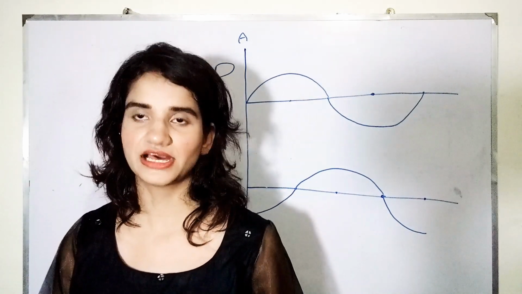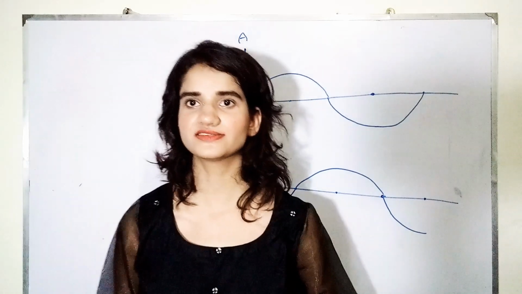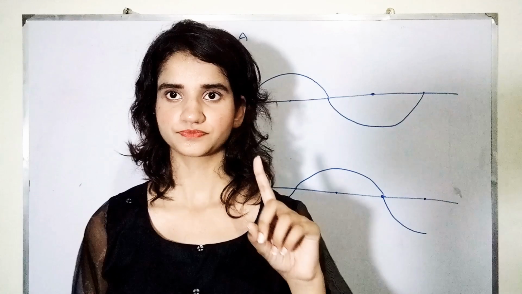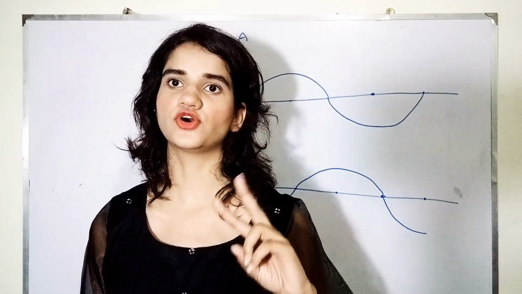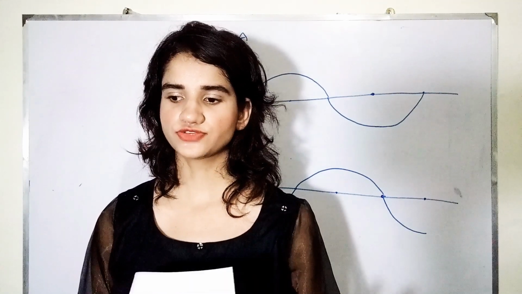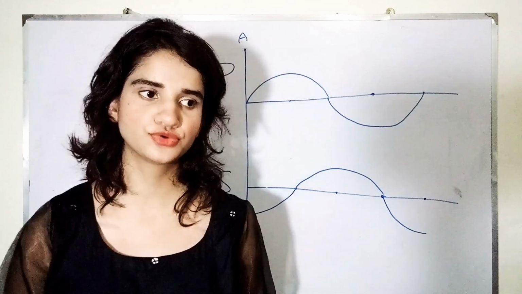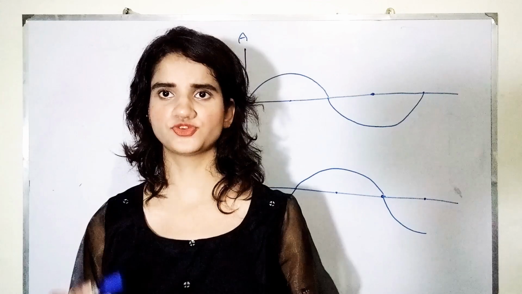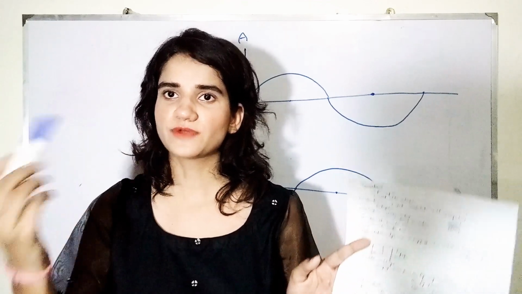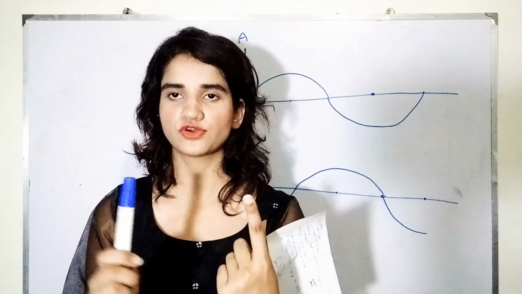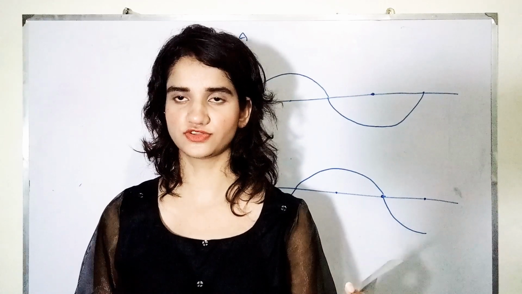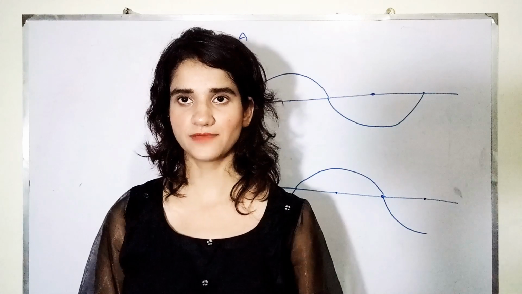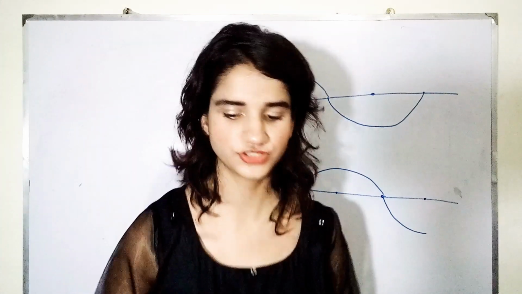Now moving towards the last thing which is really important, the types of transformer. There are different types of transformer: variable transformer and auto transformer. The variable transformer is a type of transformer in which you can vary the number of turns. There are two coils, primary and secondary, having different numbers of turns, and you can vary those turns by applying taps, and you can increase or decrease the intensity accordingly.